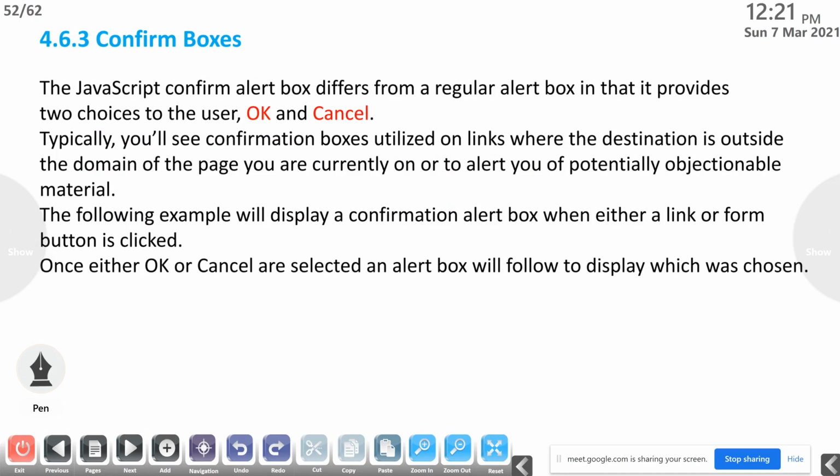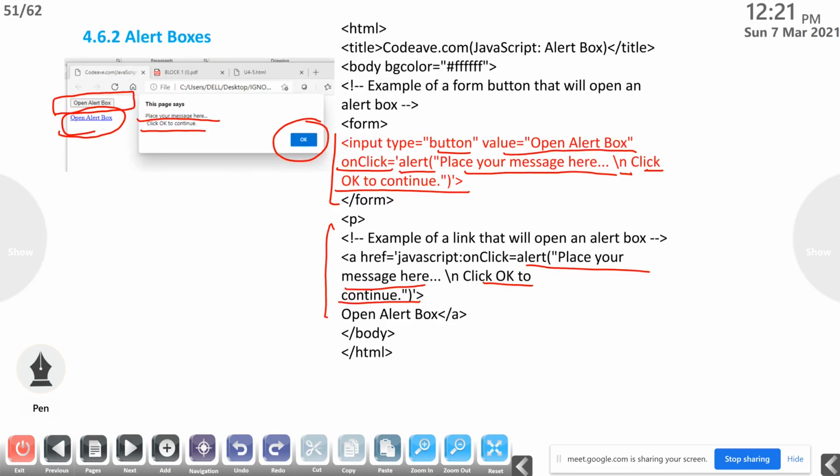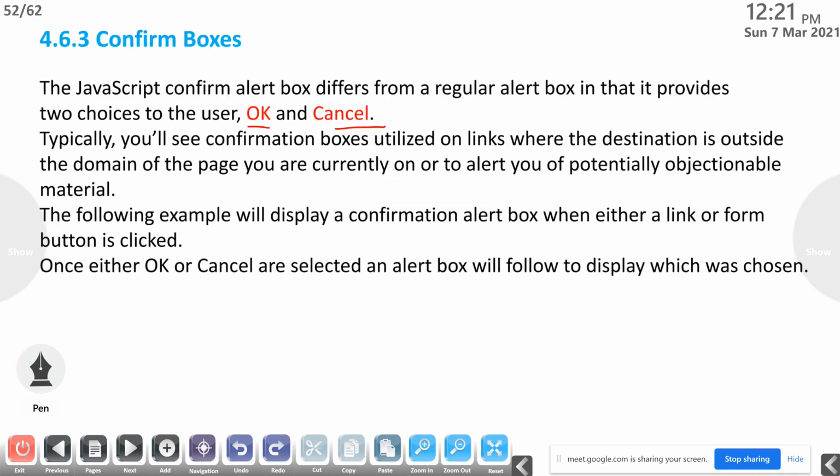The next one, confirm box. The JavaScript confirm alert box differs from a regular alert box in that it provides two choices to the user, OK or cancel. In the alert box, you can see only the OK button, and in the confirm box, OK and also cancel will be displayed.